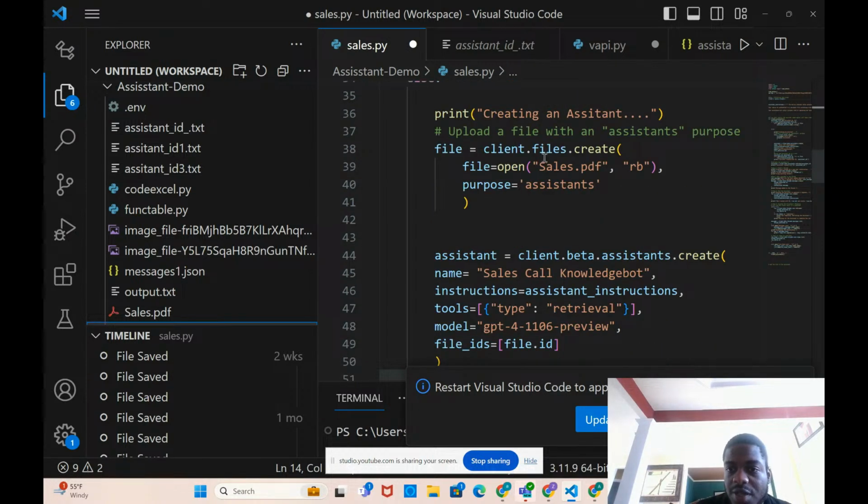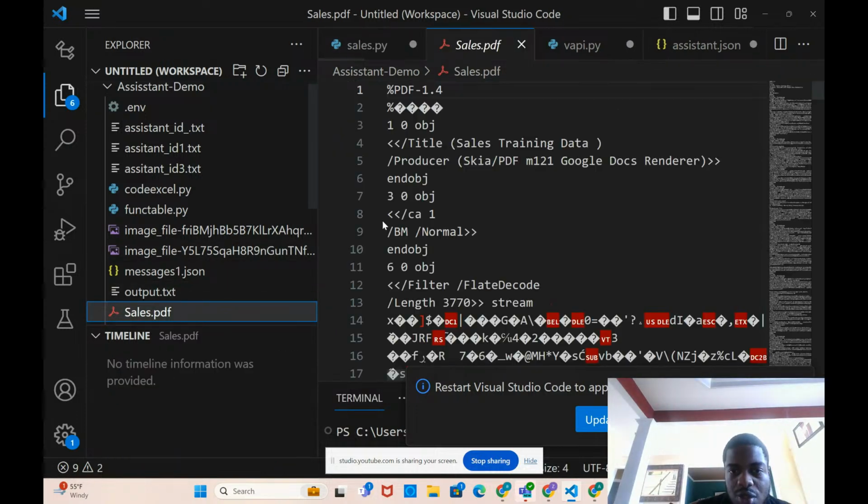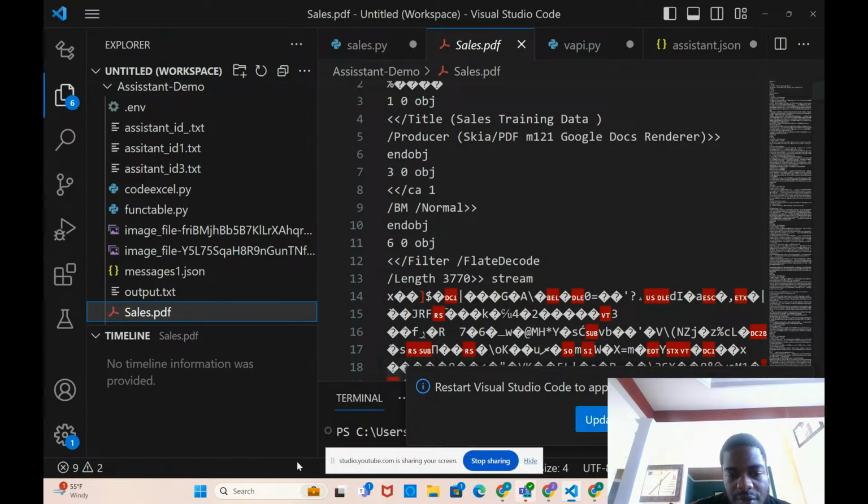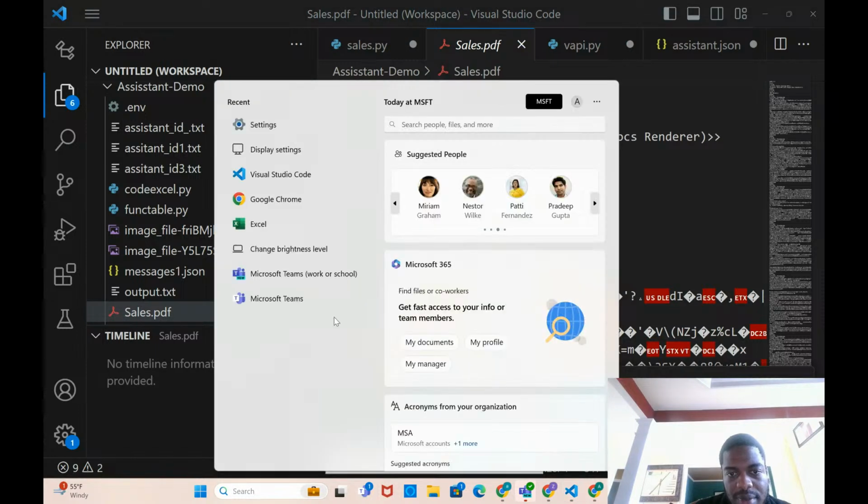We can give our assistant a knowledge base. You can see here I'm giving it the sales PDF file. It's not in the text, since it's in here. But if I actually look for the actual text,